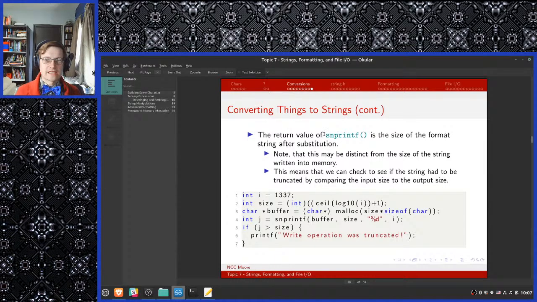The return value of snprintf is the size of the format string after substitution. Note that this may be distinct from the size of the string written into memory. This means that we can check to see if the string had to be truncated by comparing the input size to the output size. So, basically,